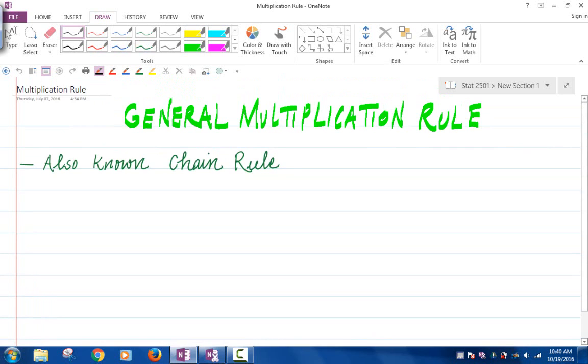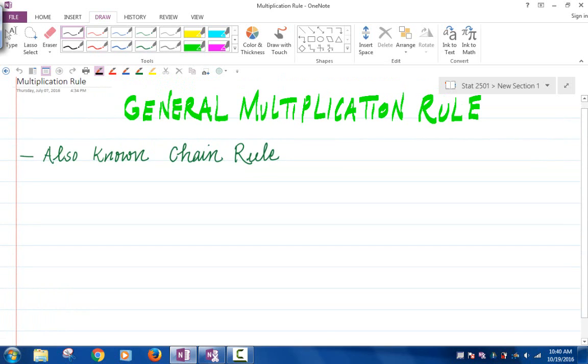This is like the multiplication rule when you have the intersection of 3, 4, or more events. For any events A1, A2, ... AN,